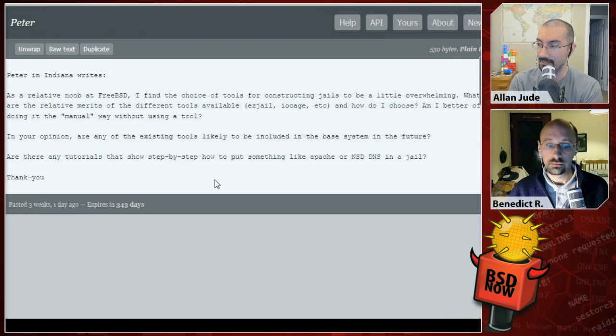Now, for step-by-step setting up something like Apache or a DNS server, once you're inside the jail, it's just as if it was a FreeBSD VM. So you just install Apache like you would anything else, or like you would on the base system. So you just do it. It's acting like the regular system that you have. It's just stripped down a little bit and doesn't have a kernel, or certain things